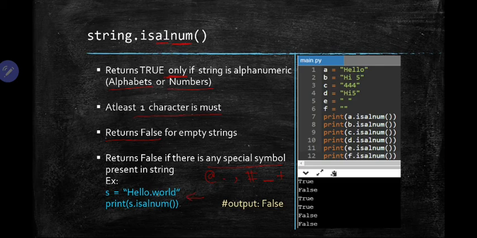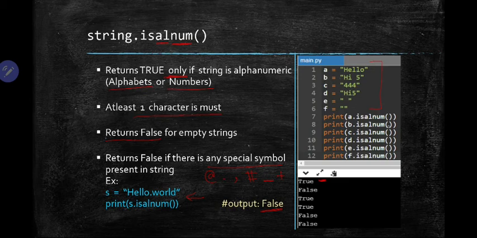We have this string hello.world, and if we check if it is isalnum, then the output would be false. Now this is an example in which I have tried to cover all the basic cases. The first string is hello. All the characters are alphabets only, so the output for this one is true.